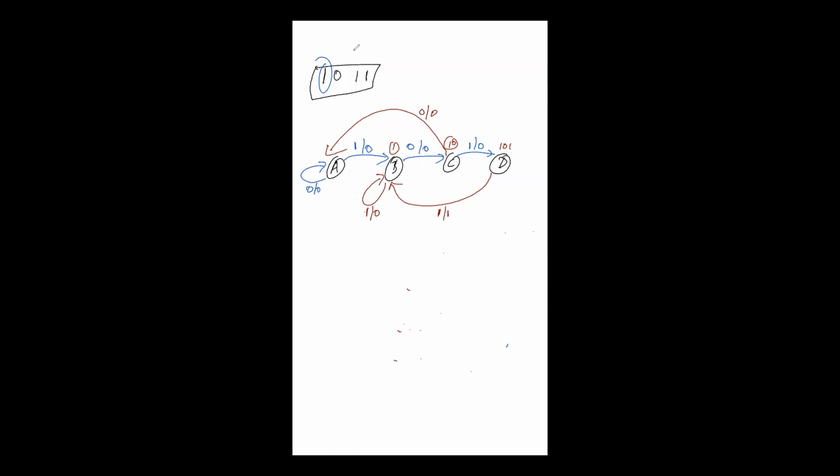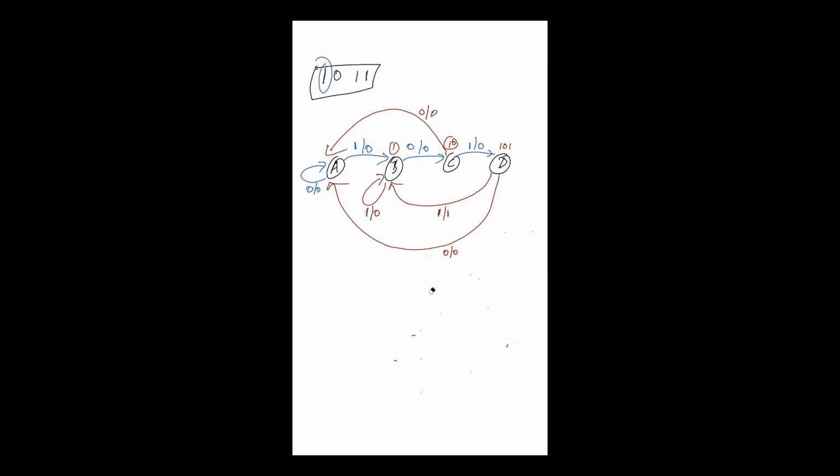State D means what sequence you have got? 1 0 1, and instead of 1 you are getting 0, right? If you are getting 1, the sequence is detected and you are moving to B. This case you have already considered. But if you are getting 0, this is not a sequence and you cannot utilize this bit. So you have to again start from 1. That means you have to again go to A, right? If you're getting 0 here, you again go to A. So this is the state diagram for 1 0 1 1.